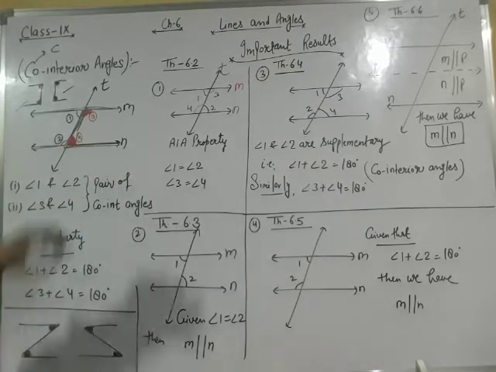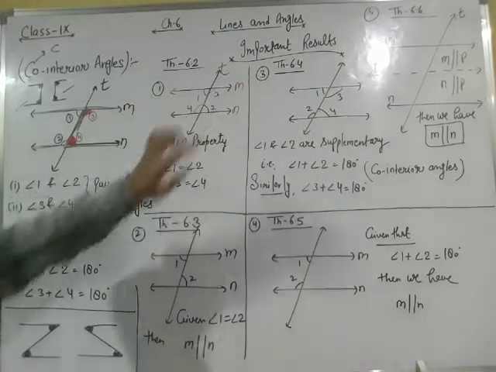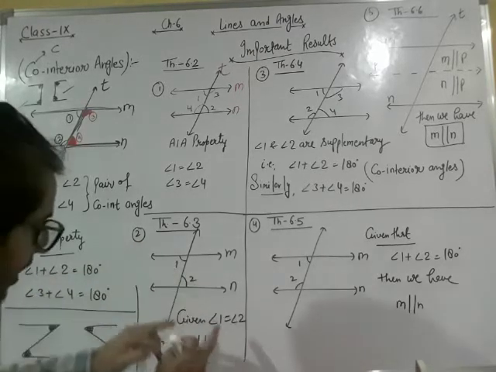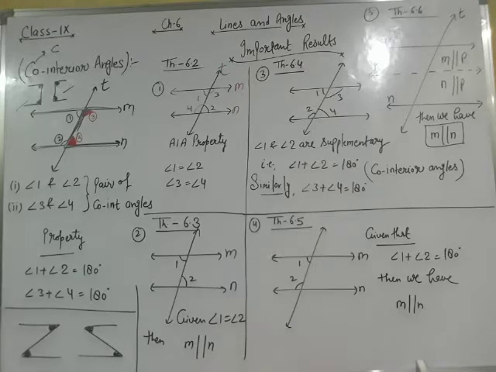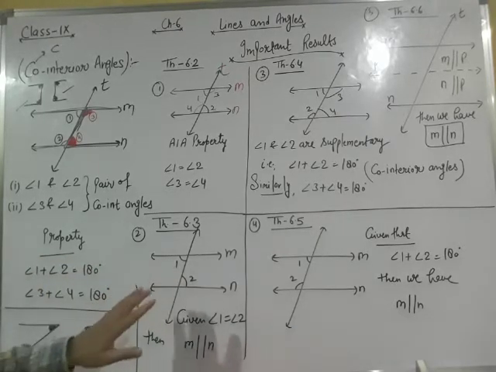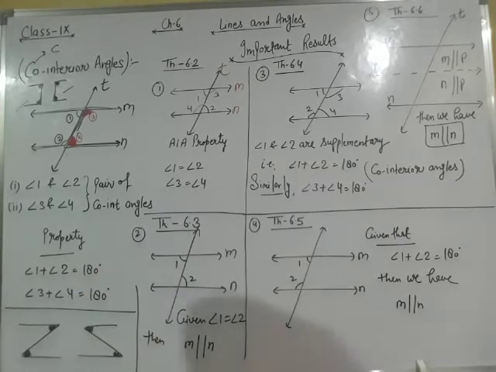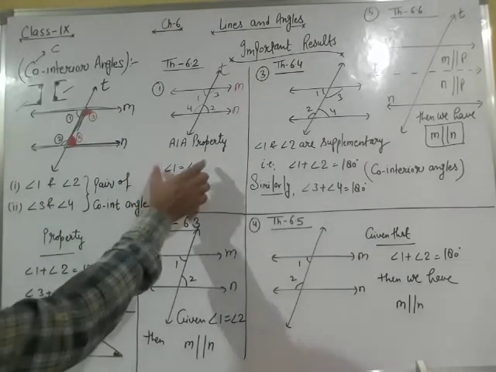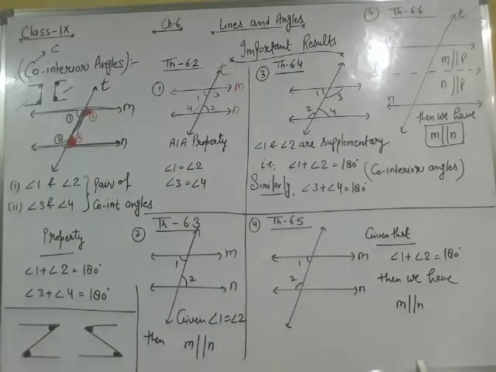In 6.2, lines are parallel. Then we have shown that alternate interior angles are equal. While in theorem 6.3, alternate interior angles are equal, it is given. So if alternate interior angles are equal, then we can say the lines are parallel directly. While finding the solution of the exercise, we can directly apply this rule. Or if the lines are parallel, we can directly write that the alternate interior angles are equal. When we solve questions of exercise 6.2, then it will be clear to you all. But for now, you have to understand the concept.